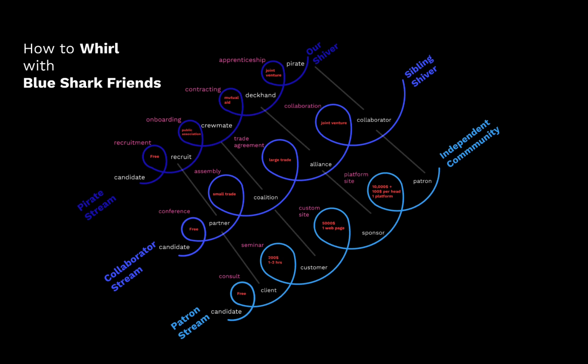And after that, if you have the capacity and ability to work with us, we can do a contract with you and you can become a deckhand, which is what we call our independent contractors. And you can work with Blue Shark Friends, and we build contracts that are essentially simple and capacity first for people, and it allows them to see what it actually means to work with us. And throughout this process, you get to see that we are a disabled company, and that means we move at the pace of our